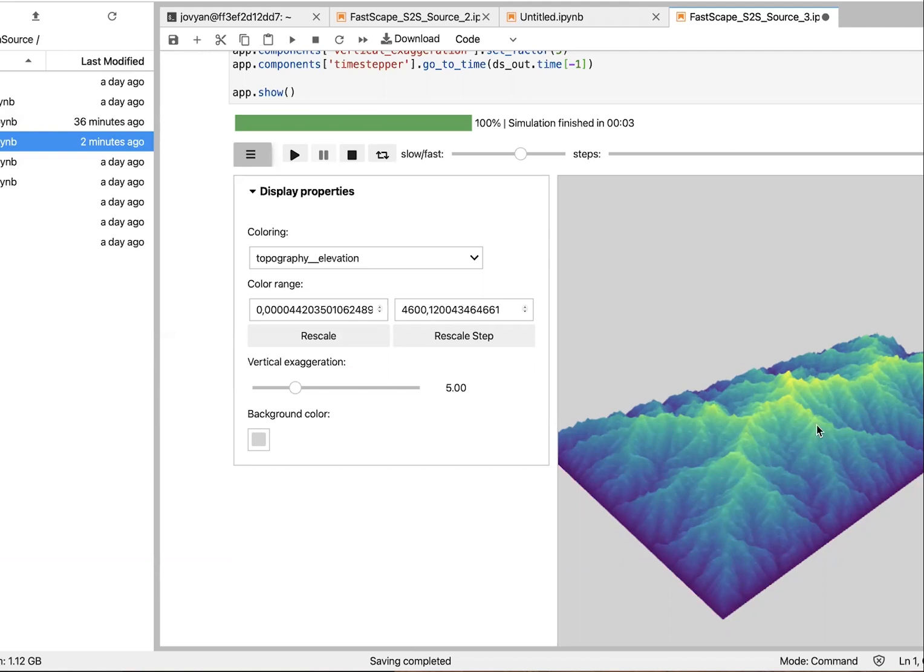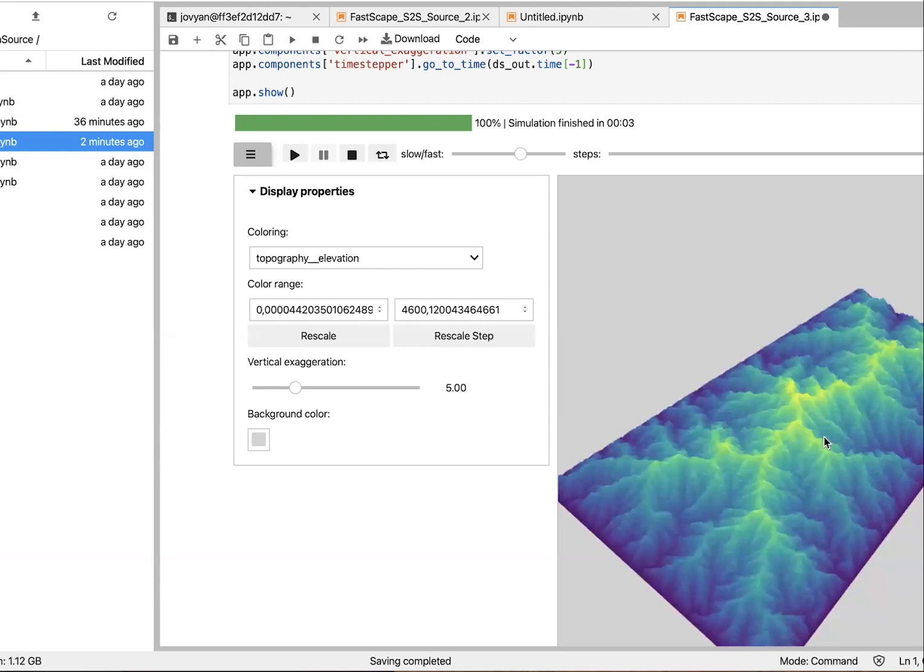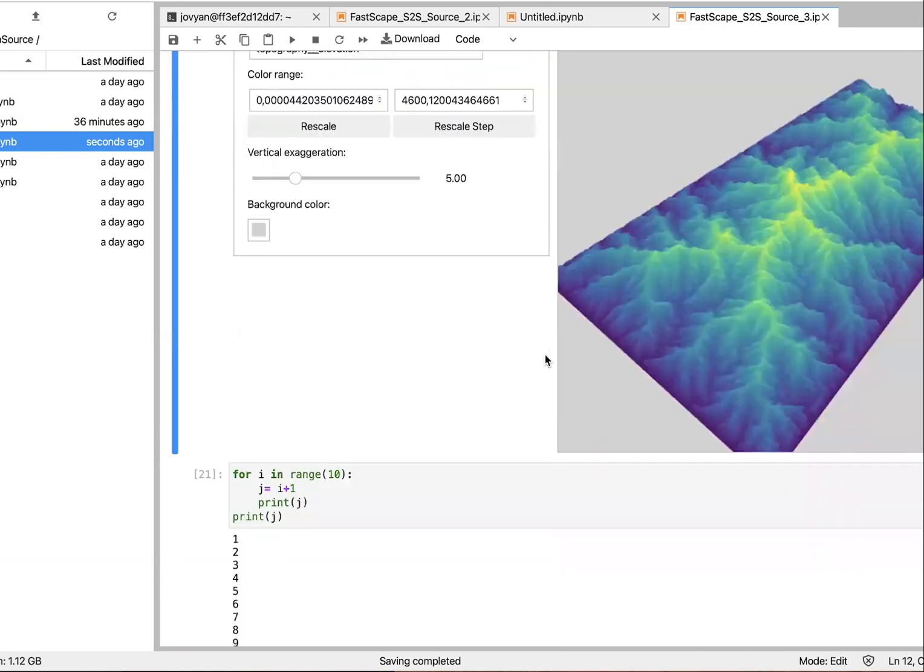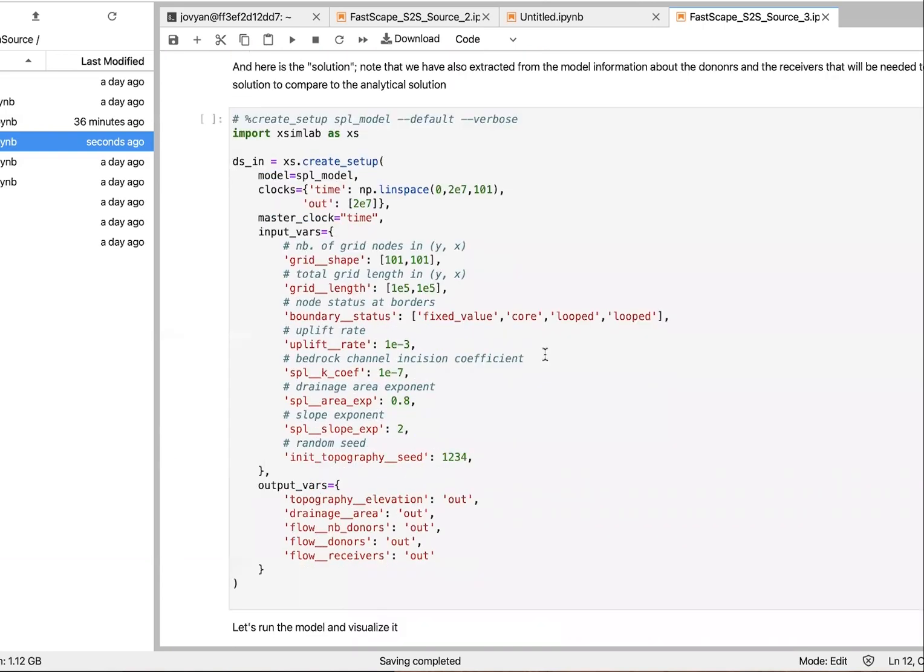And then the other reason why it looks a bit more peaky like this is because I've removed diffusion. Remember, compared to yesterday, there's no hill slope processes. Okay, now we've got something that works, and just if we look at the solution that I had here,